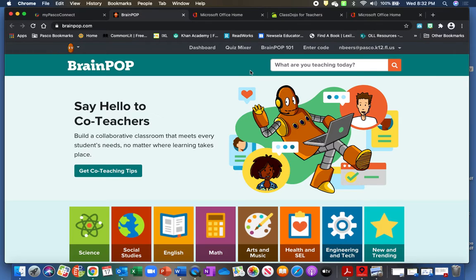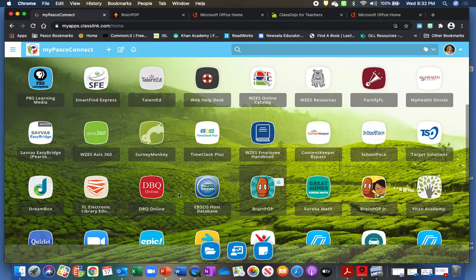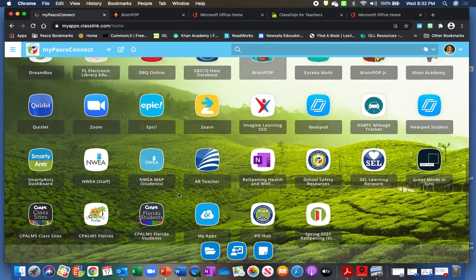I think they also have a dashboard that they can click on as well. So that's the first thing they could look at. There are several assignments on there. They do not need to do all of them, but it is good practice for them to maybe do 3 or 4 of those. The second thing I'd like to show you is called Savvas,